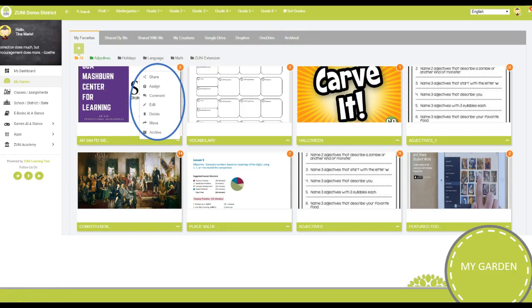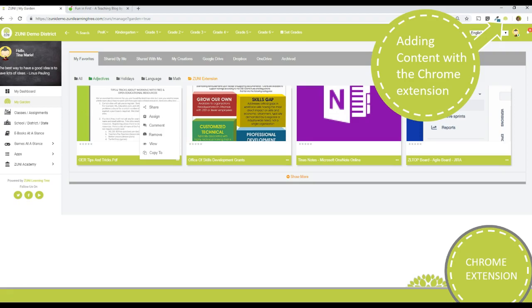So we know that we can add content into the My Favorites section by planting any piece of content we find in Zuni. So once you're searching Zuni, you found a piece of content you like, you can just plant it into your garden. But there are more ways to get content into your garden as well. Let's talk about the first way, and that's adding content with the Chrome extension. To add content through the Chrome extension, you need to have added the extension to your Chrome browser. The way you do that is just go to the Chrome extension store, find the extension, and just add it